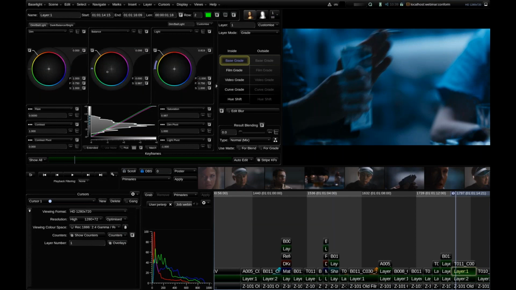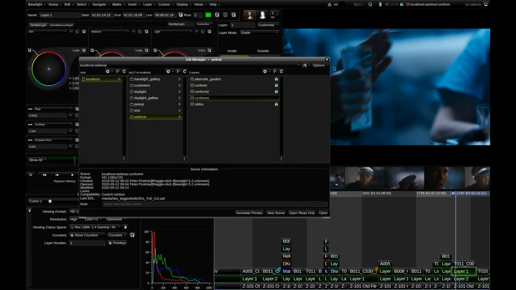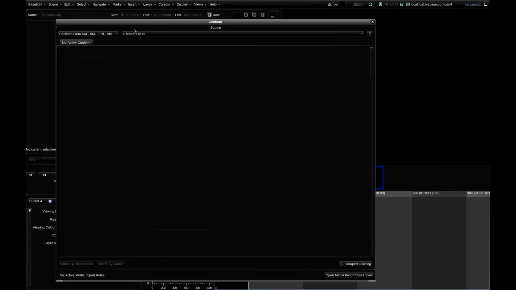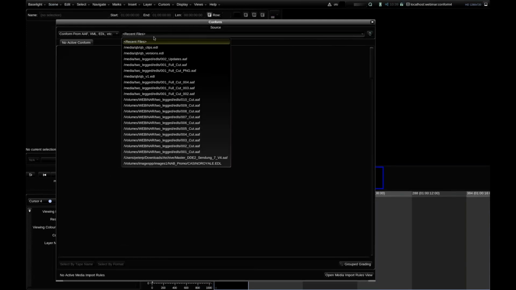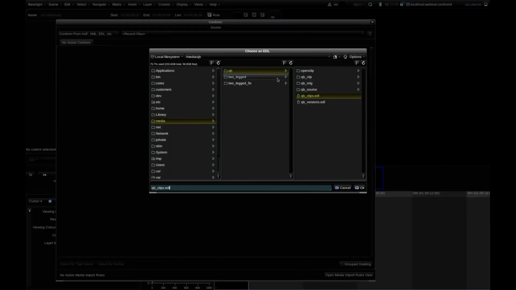So again, everything I've been showing you is in 5.2. I want to show you one 5.3 version feature now. I'm just going to open up another scene to do a fresh conform because I want to show you the partial conform functionality. So if we again conform the